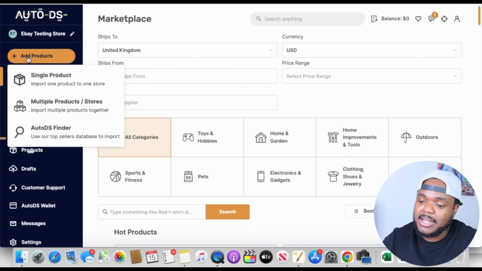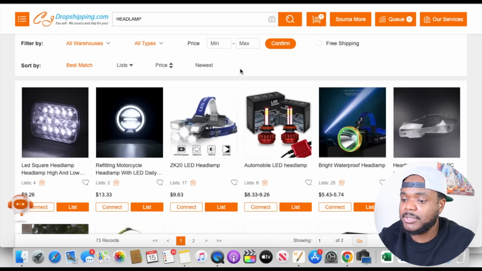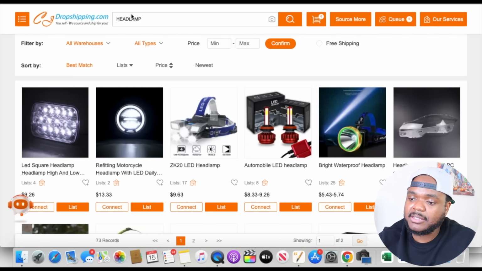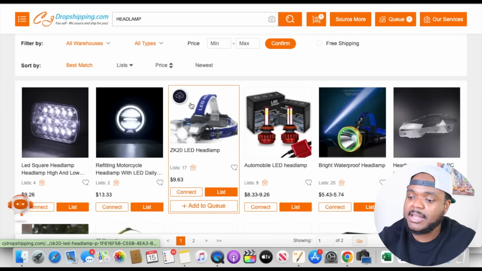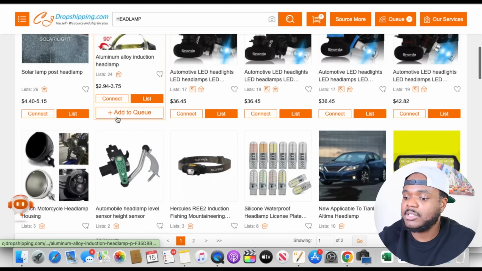Then you're going to have the option to either add one product at a time or multiple different products at the same time. So for example, I've just jumped back onto CJ, and once you've installed the AUTODS extension tool, after you've typed in whatever item you want to sell, and of course in this case we're looking at headlamps, you're going to be able to click on this option over here and simply go through the list and add every single headlamp that you want to add to the back end